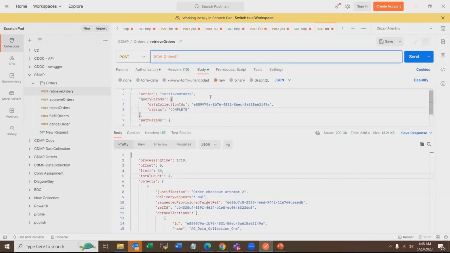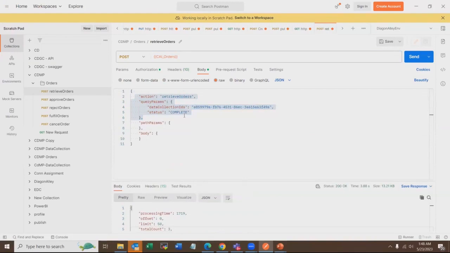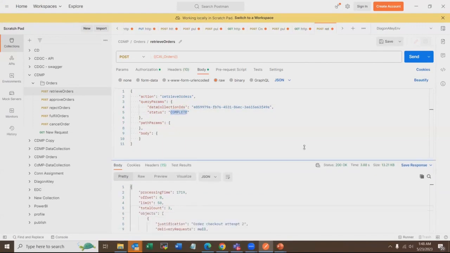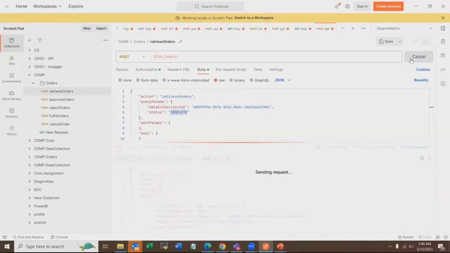Once we have that, as I explained, in the payload we see there is the action retrieve orders, then a data collection ID, and then the status complete. Now, the data collection ID is very specific to the collection where we want to fetch all the orders with complete status. Once we send this request,